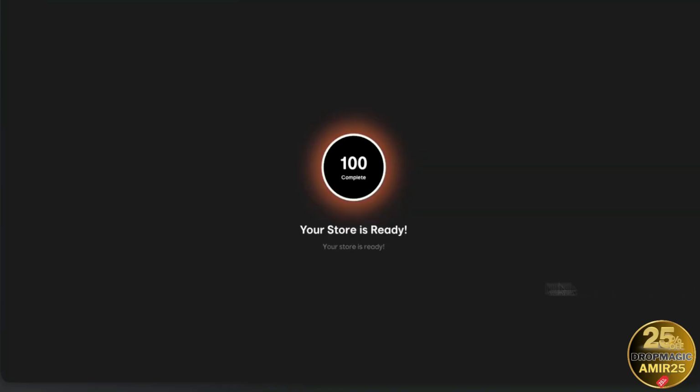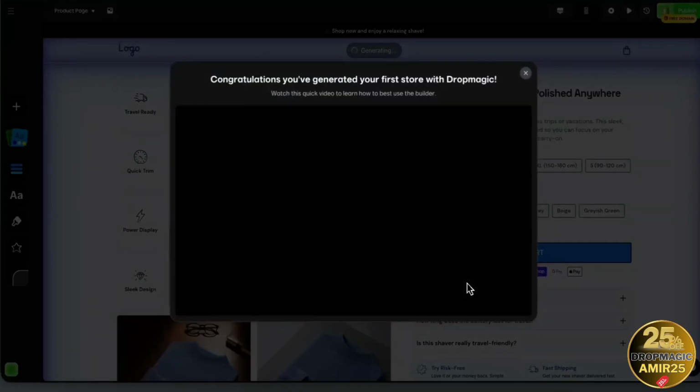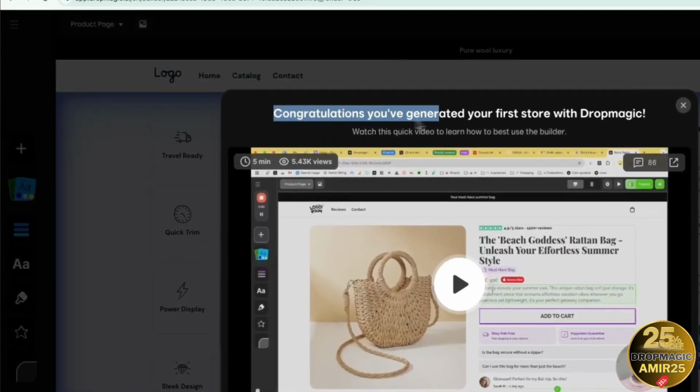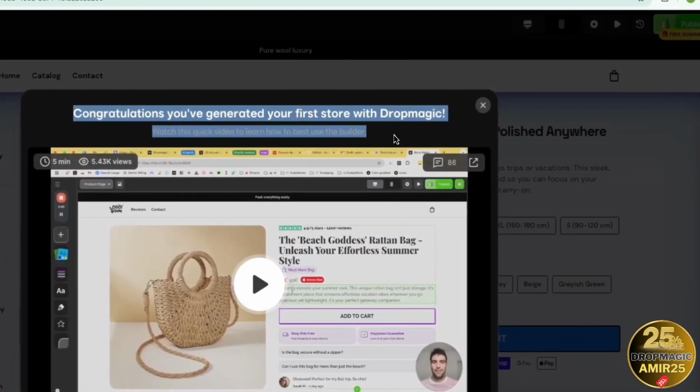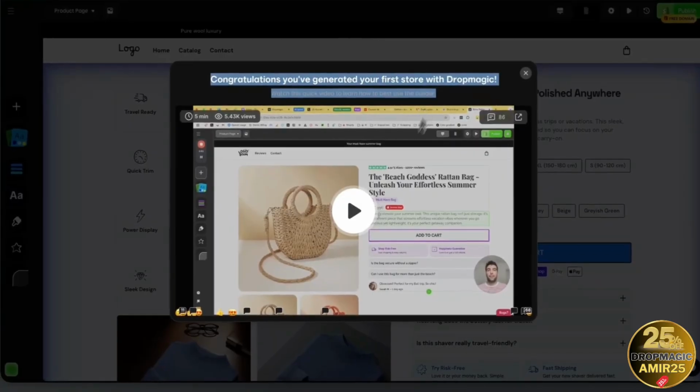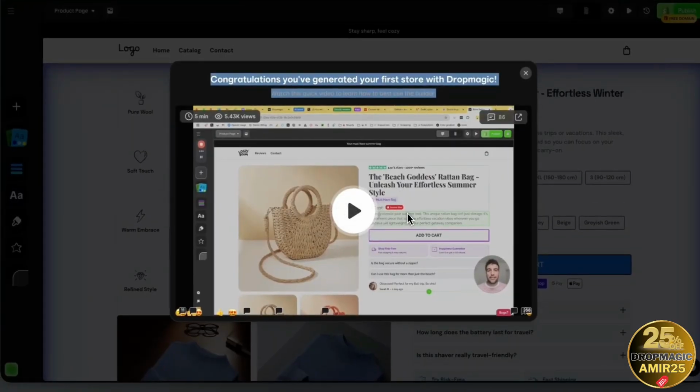You just have to wait for it to be complete and ready until it reaches 100%. Now that it's done generating, you'll see a pop-up that says, "Congratulations! You've generated your first store with dropmagic." There's a quick video you can watch here to learn how to best use the builder, but we're just going